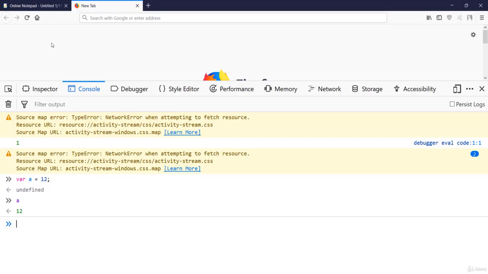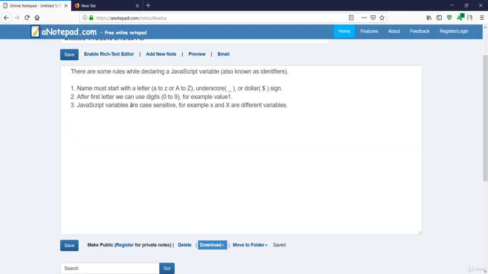So there are some rules while declaring JavaScript variables, and they are known as identifiers. Let's see what those rules are. First, the name must start with a letter, a to z or capital A to Z, or an underscore or the dollar sign.